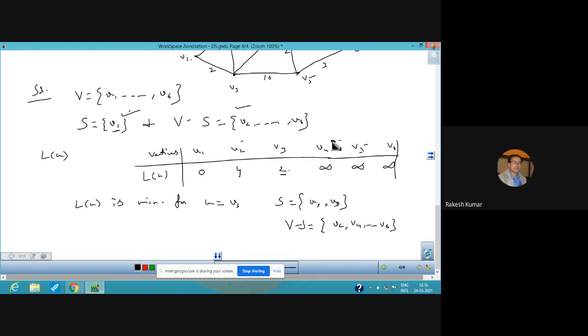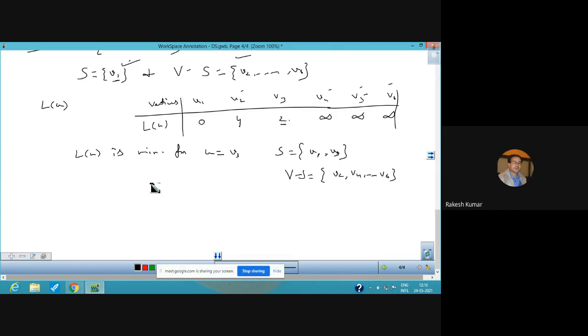बाकी के चार रह गए V2, V4, V5, V6 बच गए अब, because we have to use the minimum distance or minimum weight. Now, for x belonging to this set V minus S, we compute Lx as follows. हम लोग Lx कंप्यूट करेंगे. Lx मीन हर एक वर्टेक्स का L निकालेंगे. L मीन लेंथ एक तरह से या डिस्टेंस, दैट इज V2, नेक्स्ट V4,